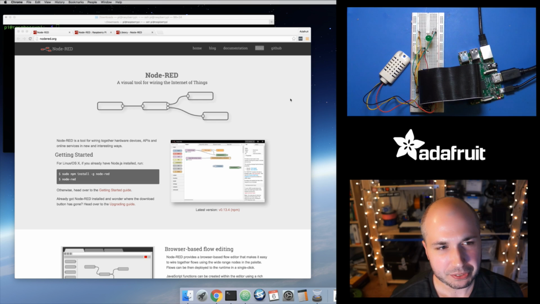Anyways, from what I understand, it's a tool that either IBM created or has a lot of backing to it. It looks like it's open source, but basically it's a visual tool for writing Internet of Things applications. From the little bit that I've played with it, I would almost call it Scratch for grown-ups, in that it's a visual language. You arrange blocks and you link things together, but it's not so much targeted at the complete